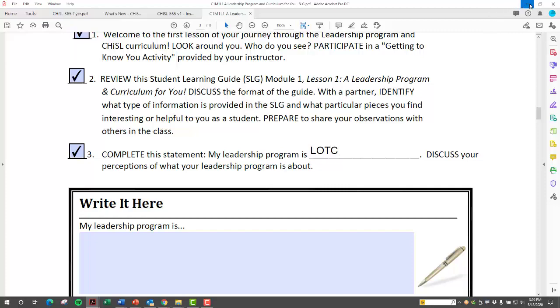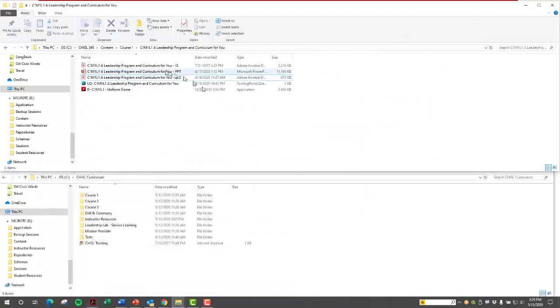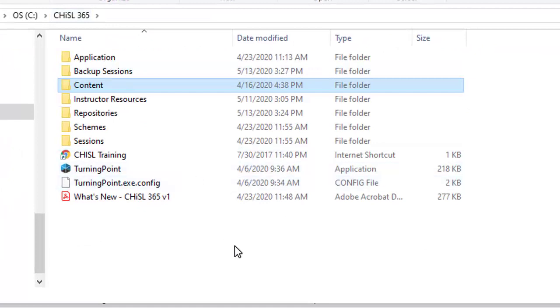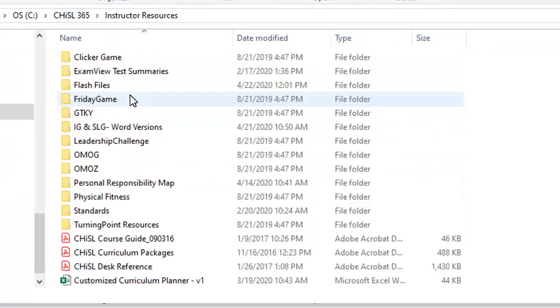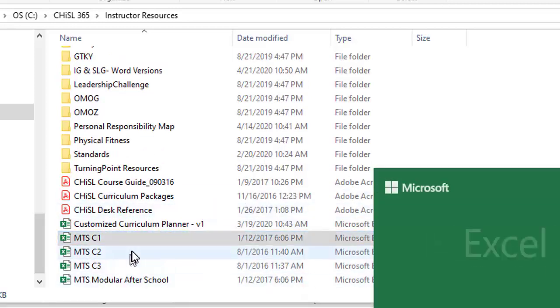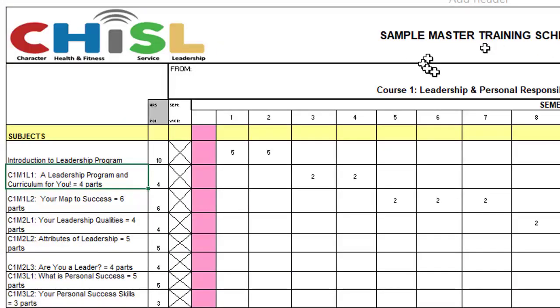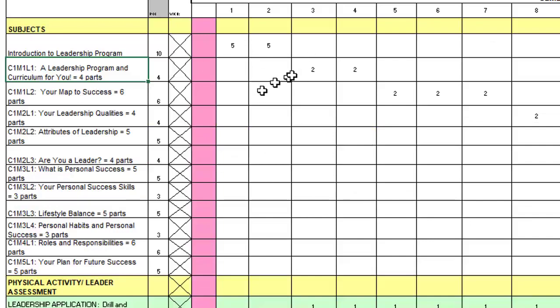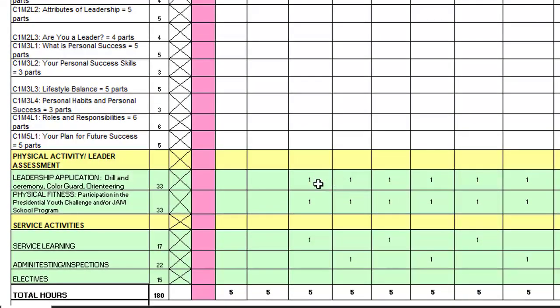One other one to mention before we get into the CHiSL 365 modules is one that was outlined and unveiled at the 2019 National Conference, and that is a customized planner. This is a little bit different than what we've seen in the past. Most of our planners before are in this Excel document, and basically it says going through Course 1, I've got 2 days of teaching right here, 1 day of drill and ceremony, 1 day of PT, and then service learning, and switch off between admin and inspections. That's basically how it was created from the beginning for a 3-year program to be able to get through all lessons. If we follow the course 1, 2, 3, we will be able to do that.